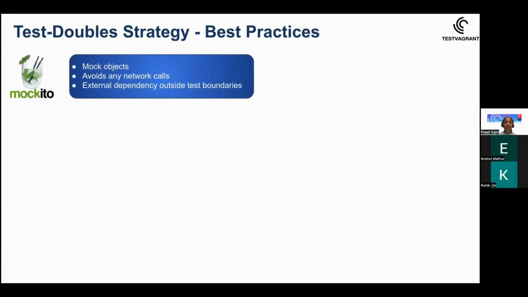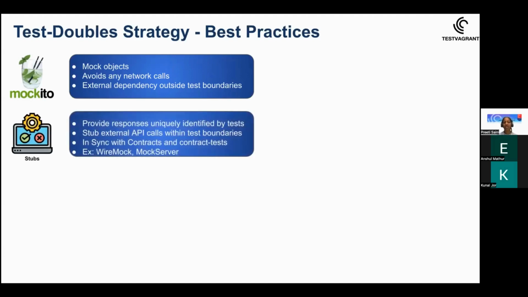Moving to the next testable, what we have is the stubs. There is a slight difference when we talk about mocks and stubs, right? Mocks is where you mock an object and your external dependencies lie outside your test boundaries. Stubs are used where you are making a call to an external client, and this falls within your test boundaries, something you would often see in your narrow integration test or